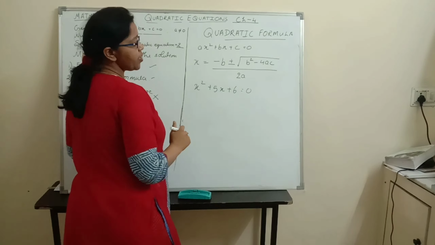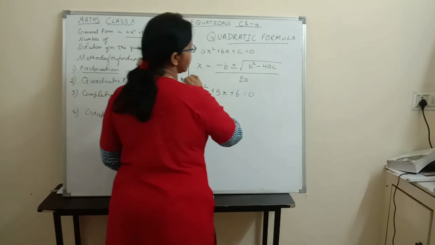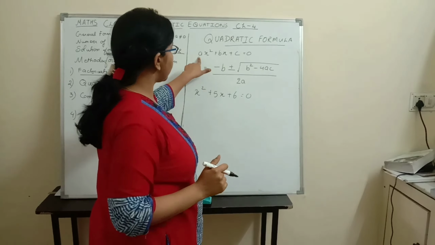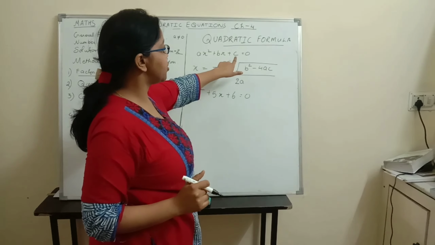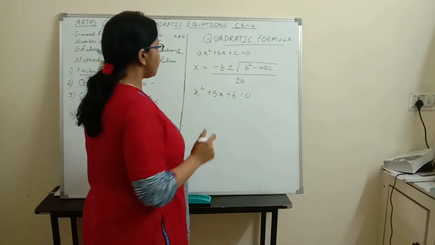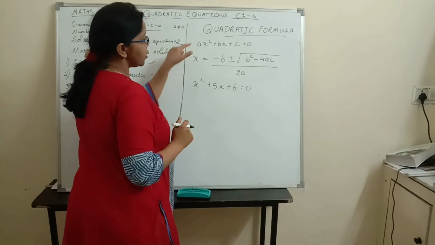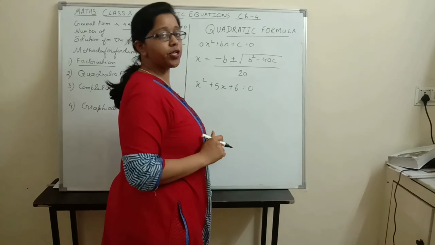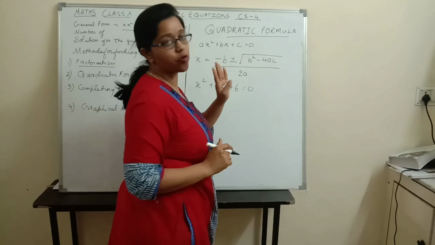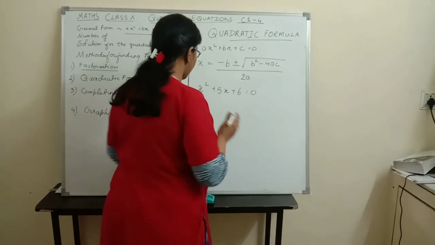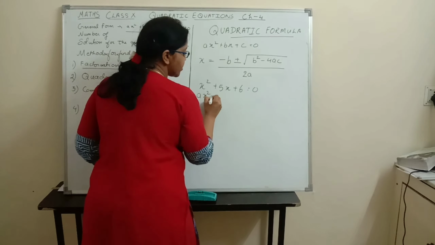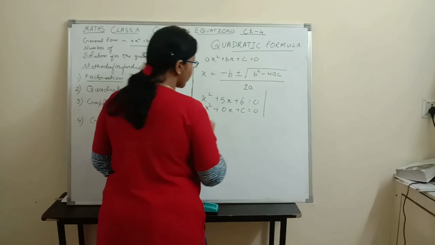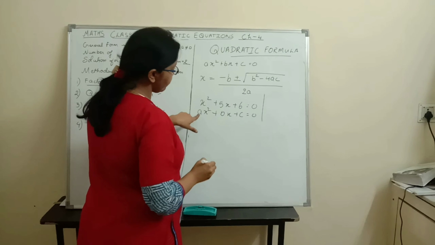Here in this formula you can see that a, b and c are the coefficients of the different terms. That is, a is the coefficient of x square, b is the coefficient of x, and c is the constant term. So we will equate this to the general form of the quadratic equation to find the values of a, b, c, and we will put those values in this formula to find the solution. So here I am writing ax square plus bx plus c is equal to 0. If we compare, what is coming?